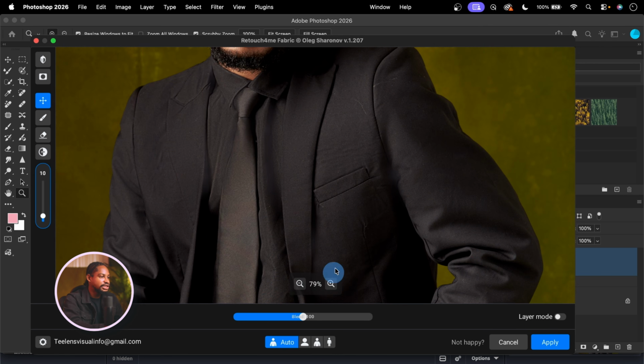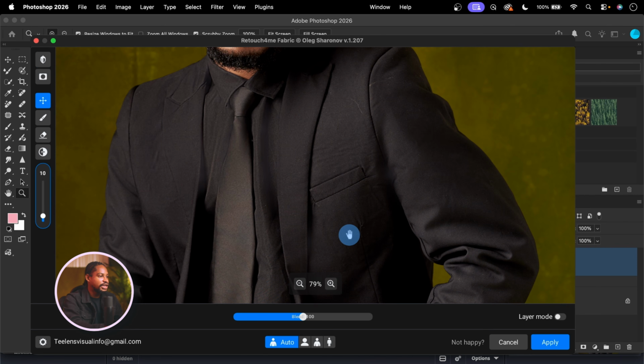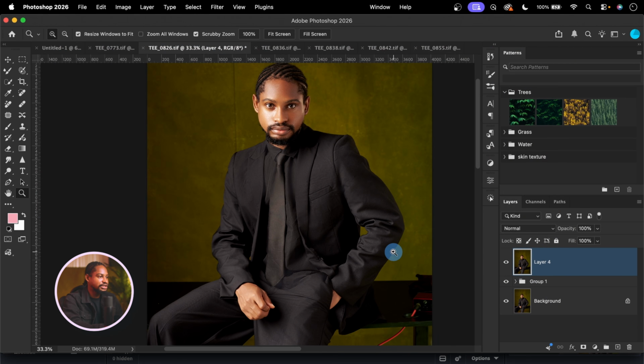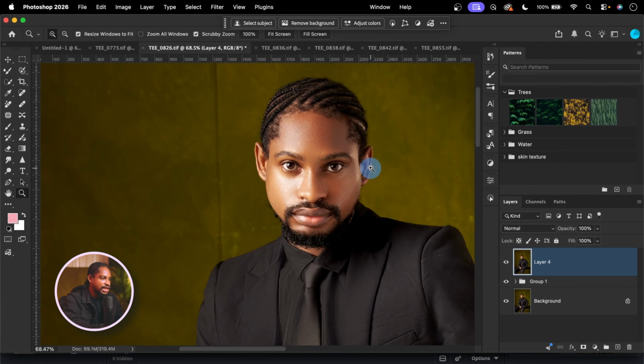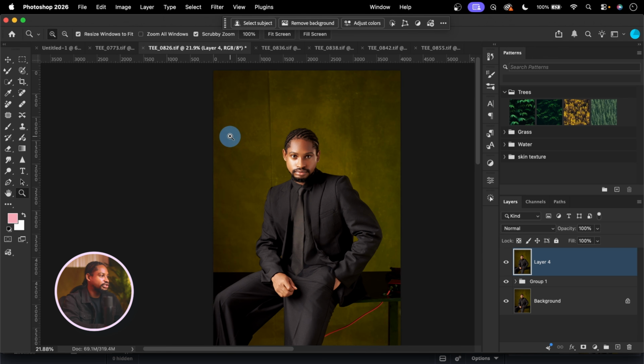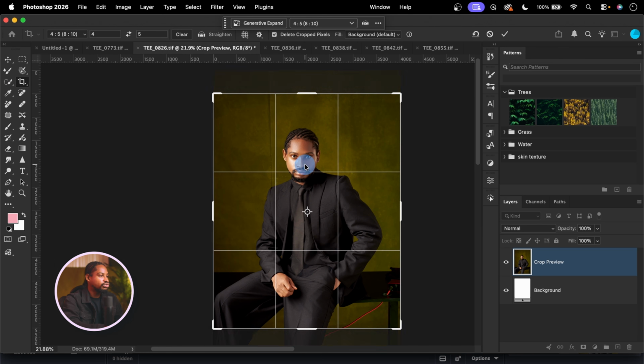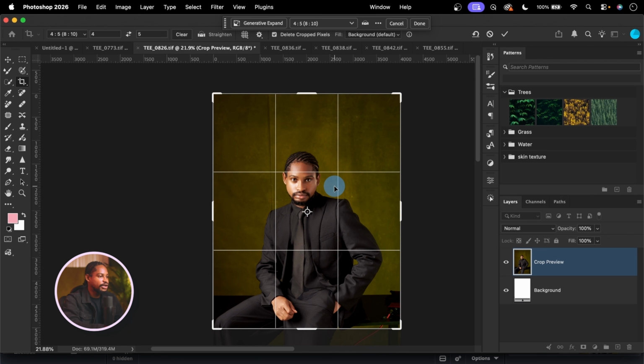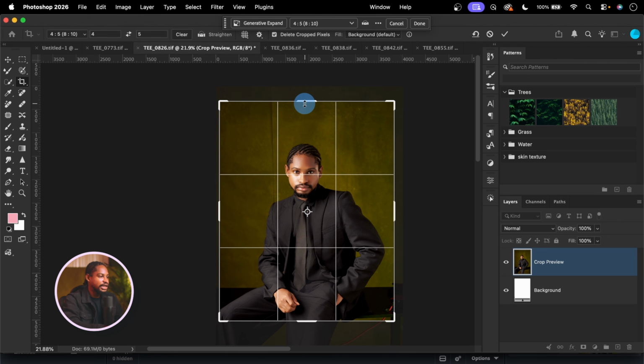So let me zoom in so you can see the before and the after. If it's too much, reduce the amount and click on apply like that. Now I think I still have textures on my face and everything looks good. The next thing I'm going to do, I'm just going to crop this image 4x5 for Instagram. So I'm going to pick my crop tool and just crop this image 4x5 like this,